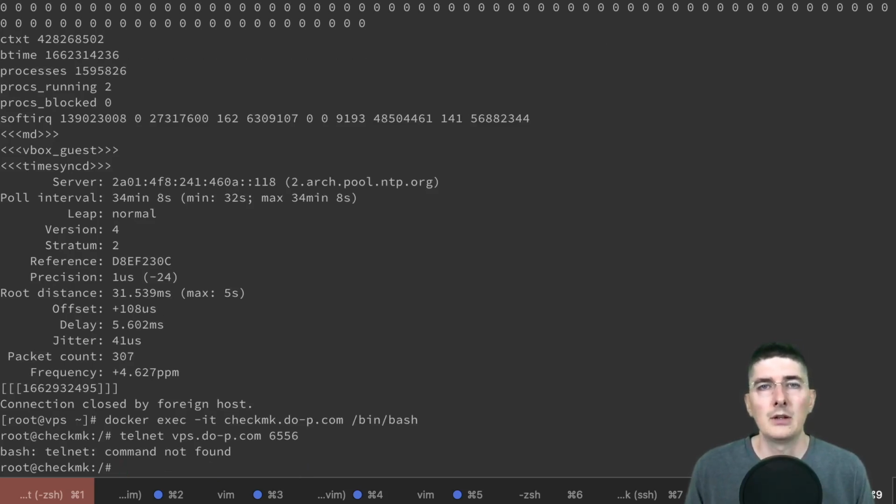This is something you'll run into a bunch of times. You need some tool for debugging purposes inside the container, but the Docker image does not have that tool. You can solve that by installing it inside the container, but I want to show you a little trick. There's a Linux command called nsenter, where ns is for namespace, and with it you can run a program in a different namespace. What that means, and this is just one example, is that you can use a command that is available to you on the host, in this case telnet, but run it in a network namespace of a